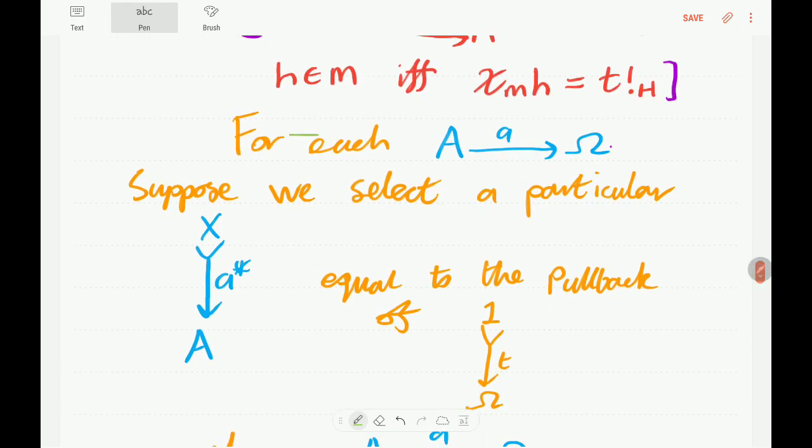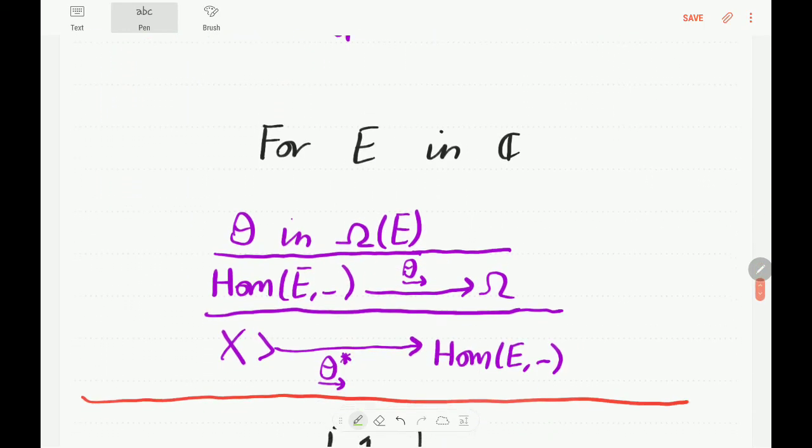So for this reason, we just assume that we've got a specially picked stock of representative monics. So for each class of equivalent monics, we pick one out. The way that we do this is really just for convenience of notation. So say we have an arrow A, which goes into omega. Well, then we know if we pull back